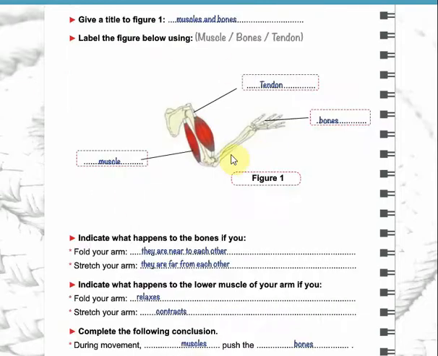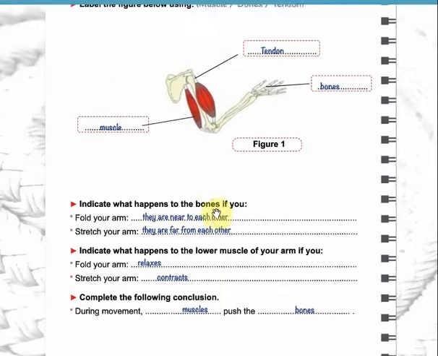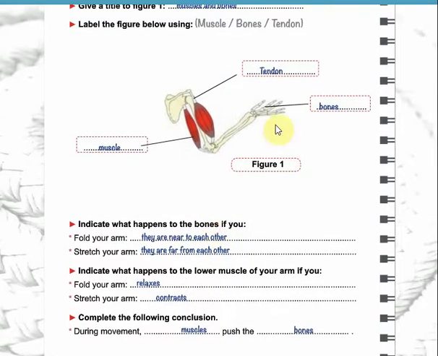And I want you also to study this page, I evaluate myself. On your books, it's page 94. You have to study the labeling of this figure. And here you are going to indicate what happens to the bones if you fold your arm or stretch your